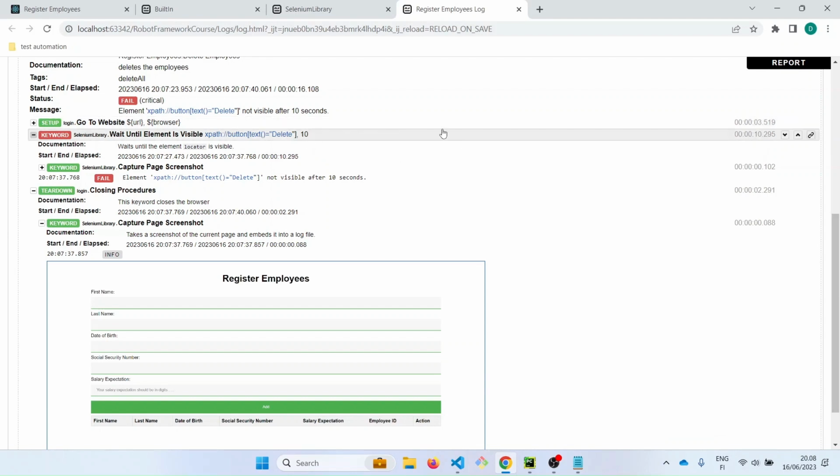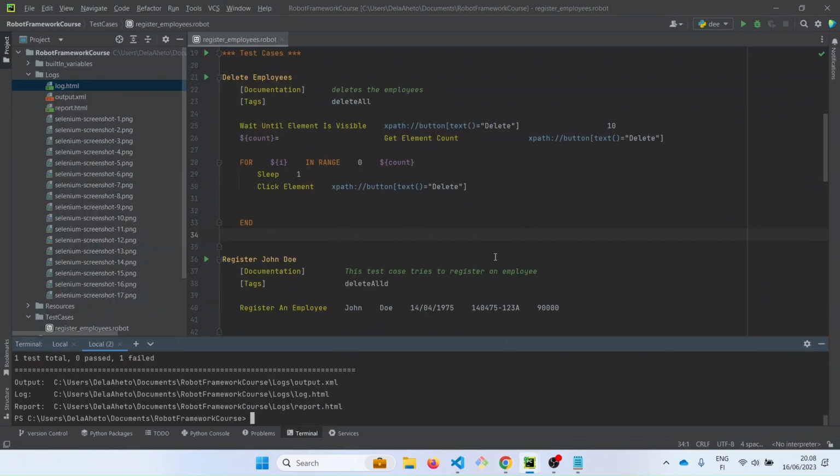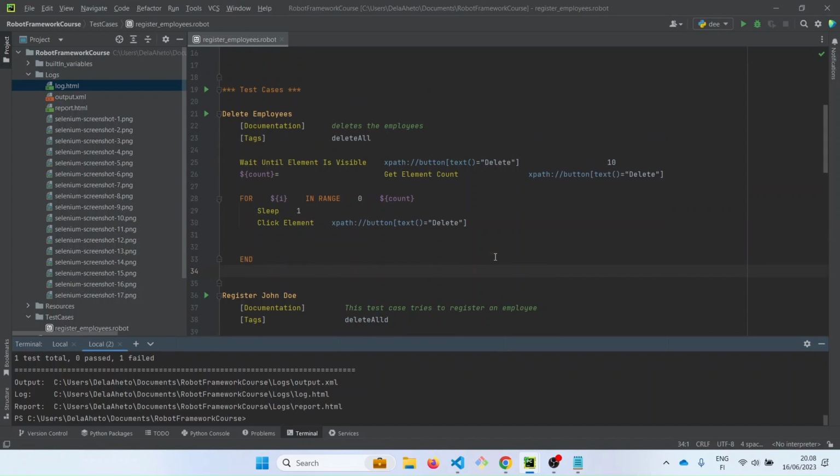But this delete employees test case is just to clean up the database in case there are any employees. So we should make sure it actually passes. It shouldn't fail because there were no employees on the page. So let's go back to PyCharm and see how we can address that issue. We currently have this delete employees,